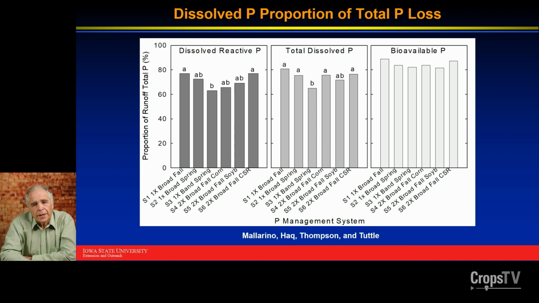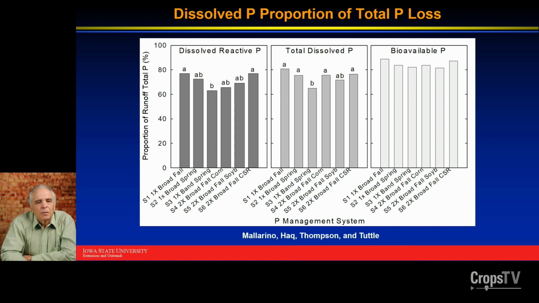This is also a complicated graph, but essentially we also analyzed bioavailable P. There is a chart on the right. This is the proportion of dissolved P of the total runoff P, and we see that the total dissolved P is a bit higher than the dissolved reactive P. We see that there is essentially little effect, significant sometimes, but anyway the proportion of dissolved P was